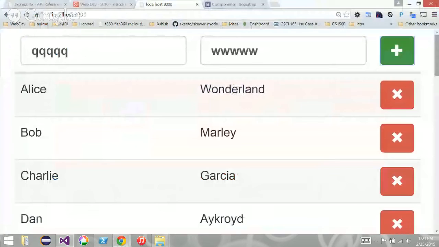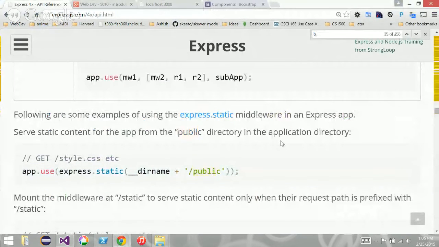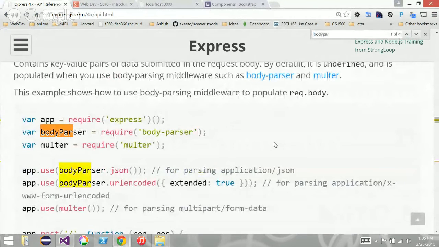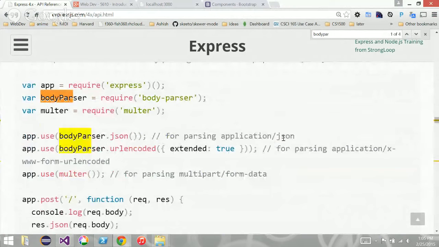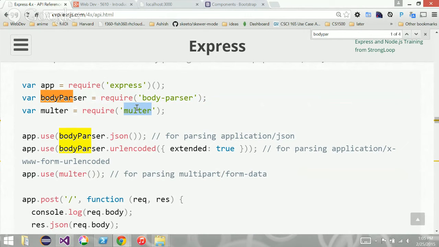If you go to the documentation for Node.js, the Express framework, and look for body parser, there it is. If you want to be able to parse JSON from the body, because the object is not passed in the URL, it's passed as the body of the HTTP request. To parse that out and convert it back into a JSON object, we need to install body parser. Also, if we want to handle form data, that's encoded using form data, we need to include this other